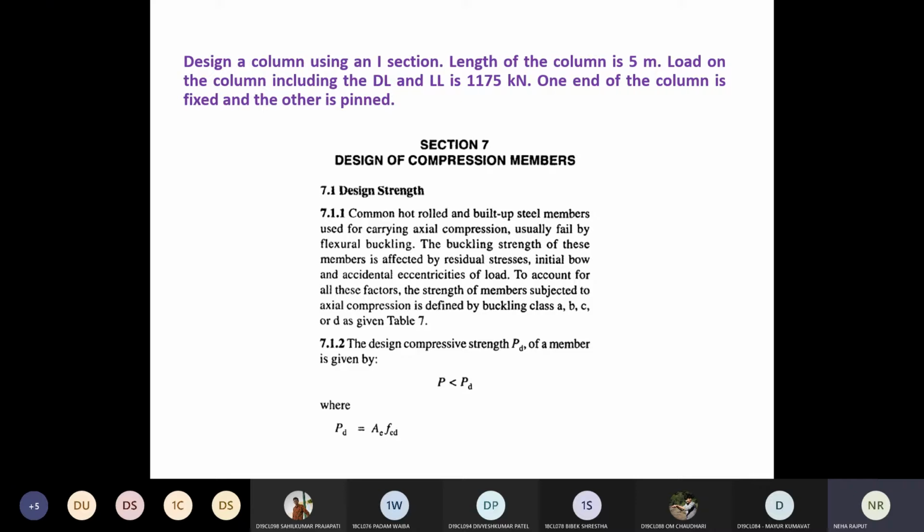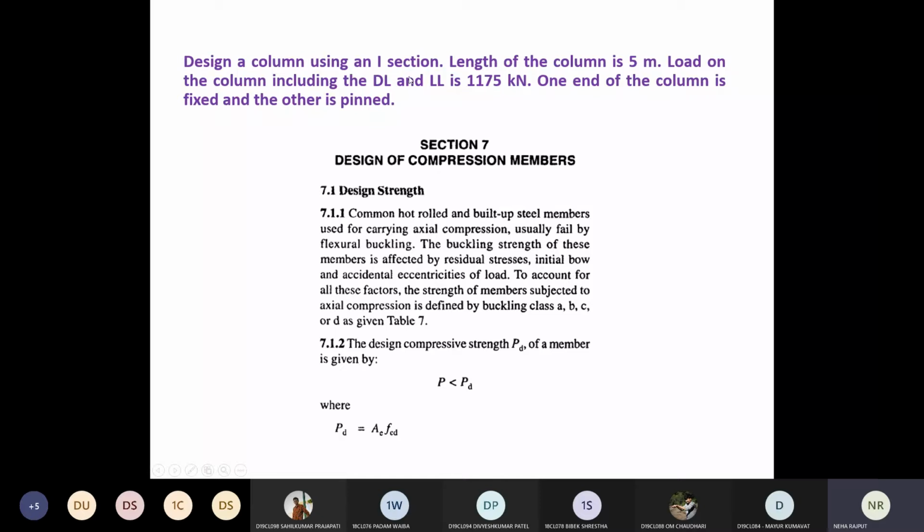In that also you have been given the load and the support condition. What is the difference? Right now both your subjects have different papers, but earlier these two, steel and reinforced concrete columns, were both in one exam paper.